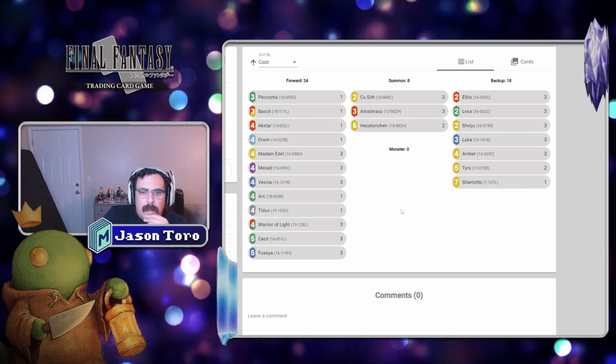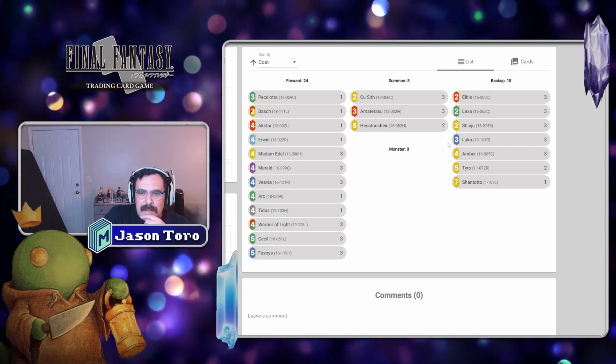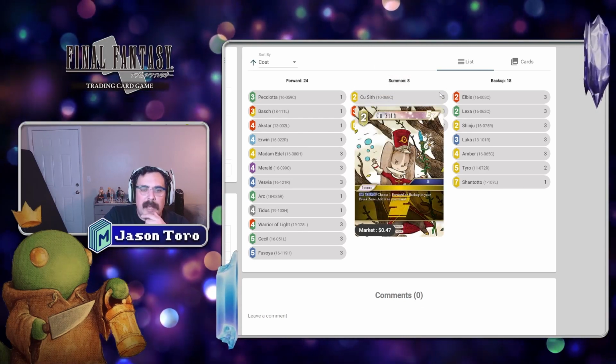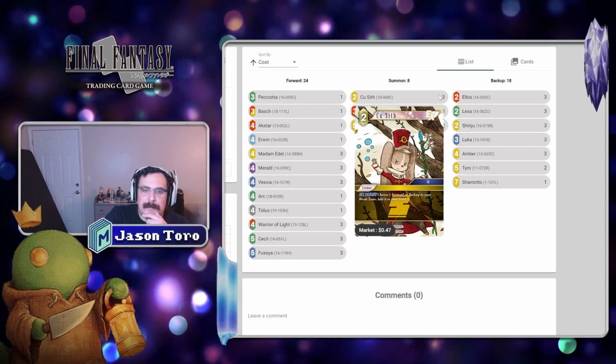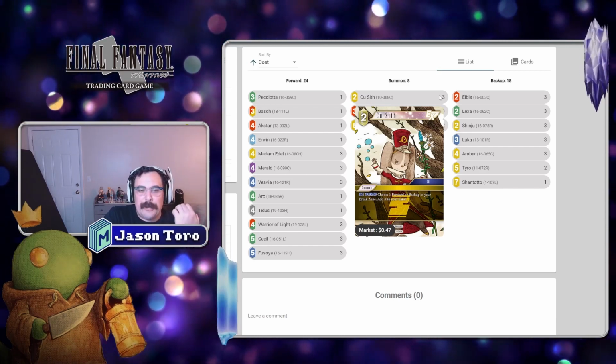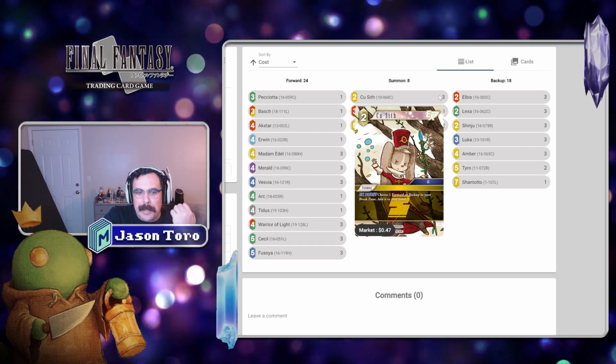All right, finally, we're going to talk about the summons. Not really a whole lot to get into here. 3 copies of Kusith, choose a forward or backup in your break zone and add it to your hand with EX Burst. Who doesn't like Recursion? Recursion is so powerful in this game. It's one of the key